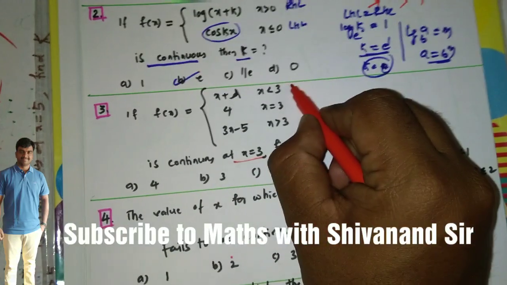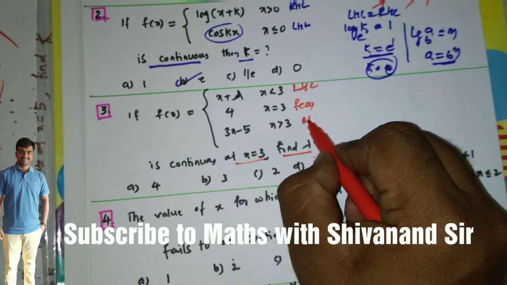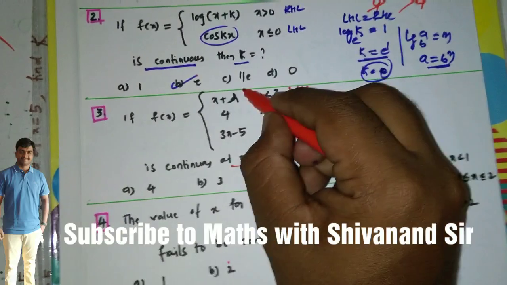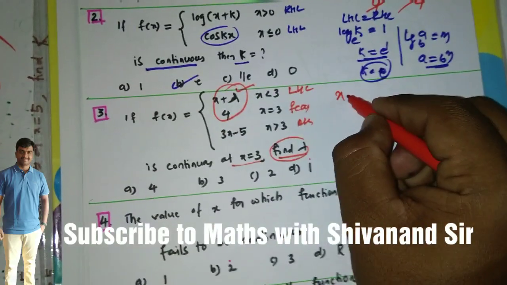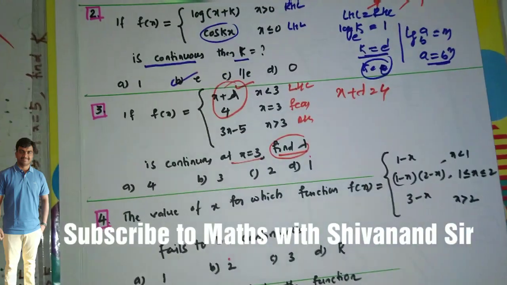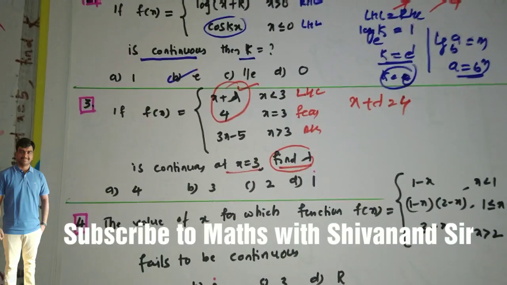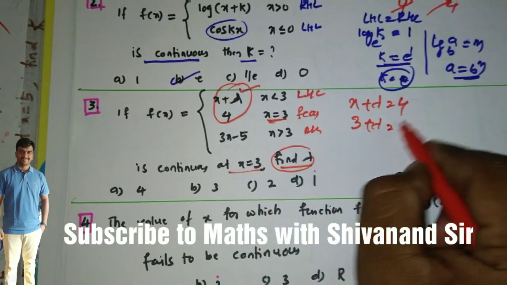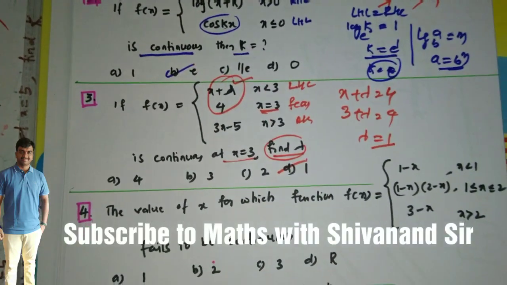Lambda. So for x less than 3 it is LHL, it is f of a, it is what here? RHL. So what he asked here? Lambda value. So here in the part of LHL it comes here. Now let us make these two values equal. So x plus lambda equal to what here? 4. x plus lambda equal to 4, nothing but LHL equal to f of a. Now for the value of x here, x equal to what here? 3. So 3 plus lambda equal to 4, then lambda equal to 4 minus 3 is 1. Hence option number D is correct here.